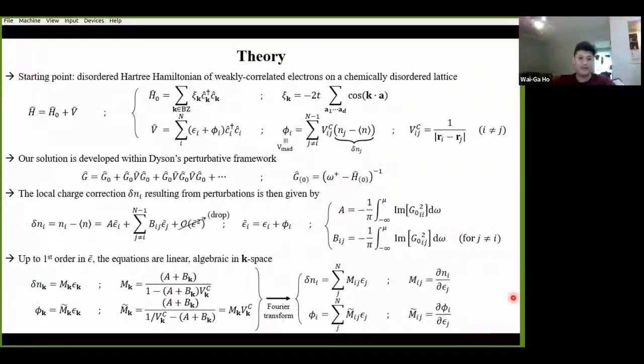Well, I have a linear response theory for both the charge and the Madelung potentials, as a function or functional of these impurity energies epsilon. So that actually reveals to us that these m and m tilde coefficients that we introduced here are our linear response functions, and these can be computed just using the expansion coefficients of our perturbation theory, A and B, together with the Coulomb potential profile, which just depends on the displacements between lattices, or in other words, the crystal structure.